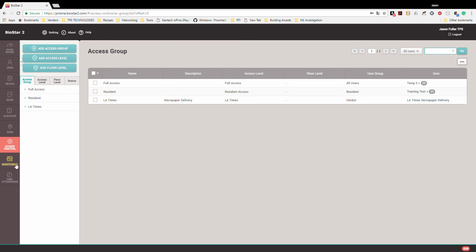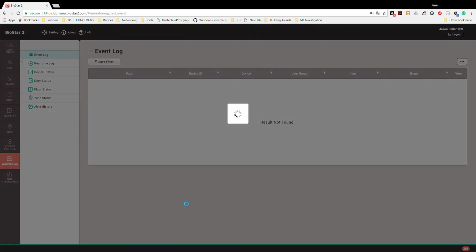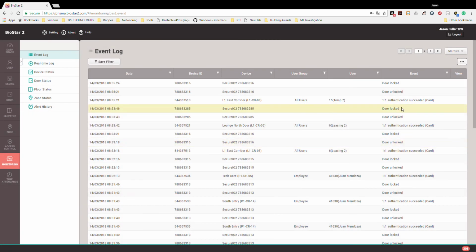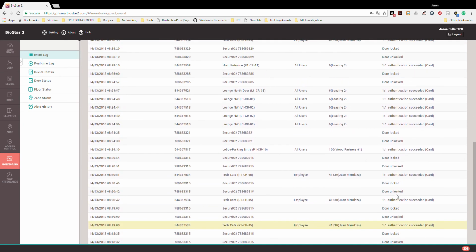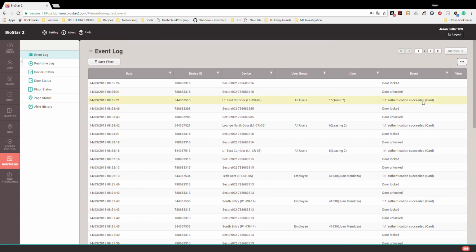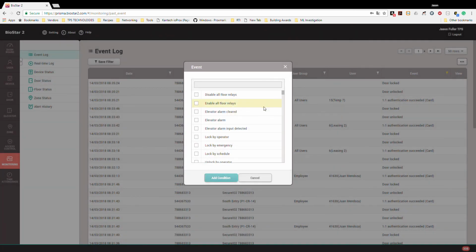So now what we're going to do is go down to monitoring. Monitoring is a useful tool if, for instance, somebody's fob isn't working. You can troubleshoot it to see if it's not working everywhere, or just at one door. And you can use these filters too. So if I want to see who was in the fitness center,